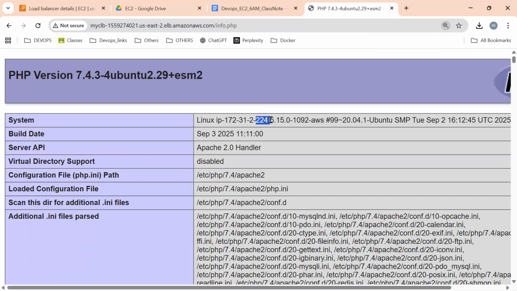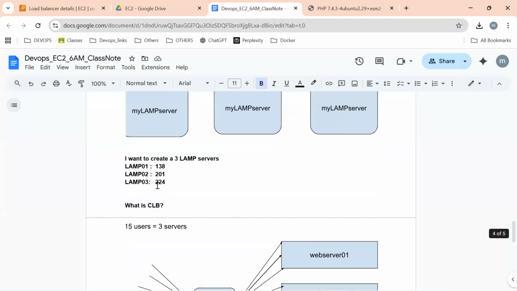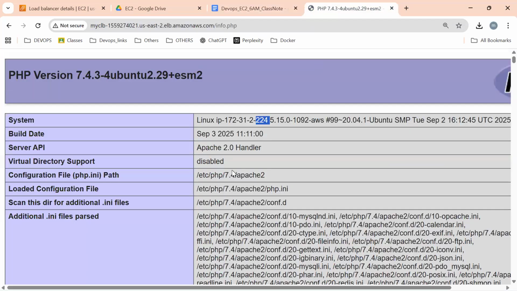Okay. So look at here. So 224, am I right? What are the IPs which you were given? 224, 138, 138, 201, 224. Is it routing? Is the rotation happening or not? Please just refresh this page. So 201, 138.